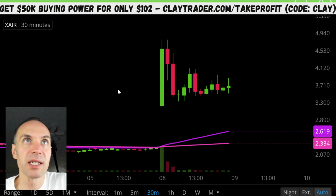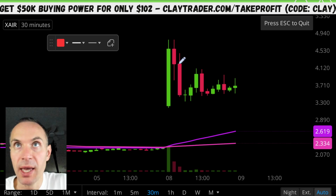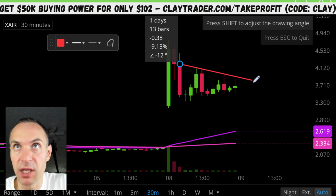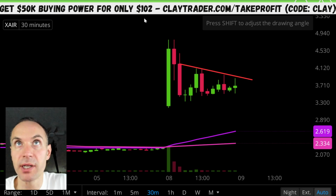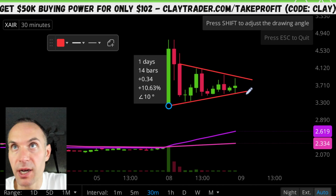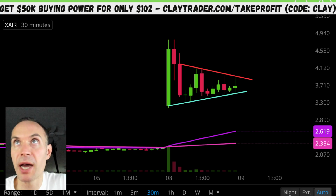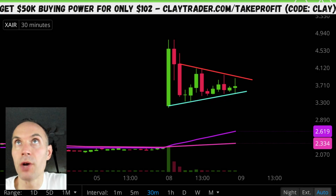Next one here, XAIR. Nice mover here, nice overall pattern. So let's just get this pattern drawn into play. And I'm thinking a lot of people are going to be watching each of these levels. So we have that area of resistance right there. We have this area of support right there. Again, let's change that to green to represent support. And then just to make the pattern easier to see, let's keep it all the same color. So we have our area of resistance, we have our area of